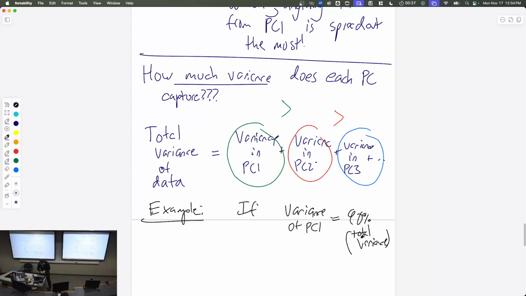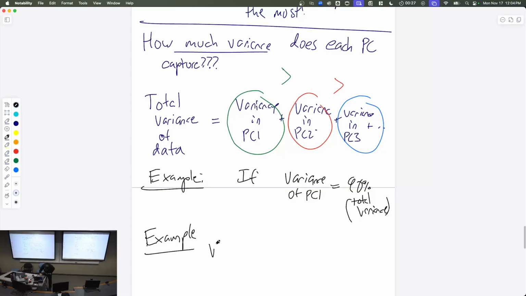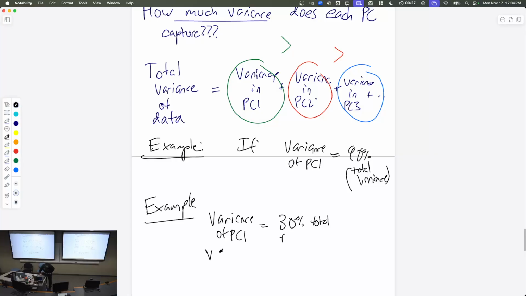In a different example, you might say the variance of PC1 could be equal to 30% of the total variance. And the variance of PC2 could be 20% of total, and so on. And in this situation, they're kind of evenly spread out. So in the first situation,